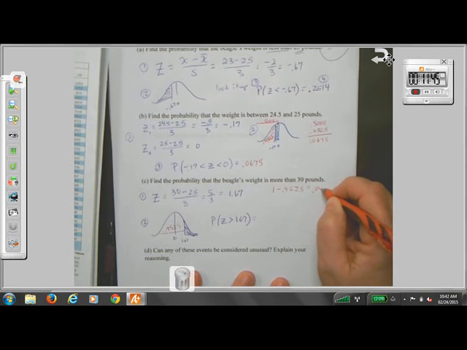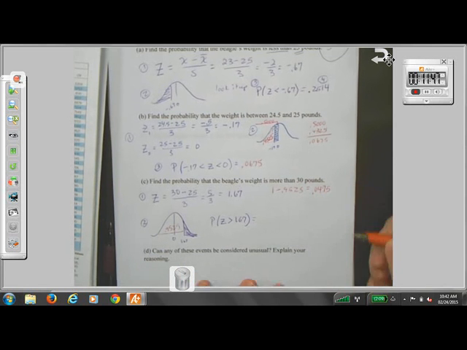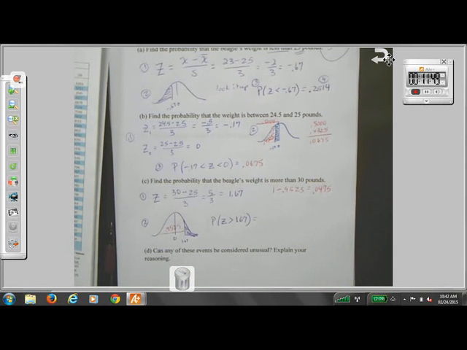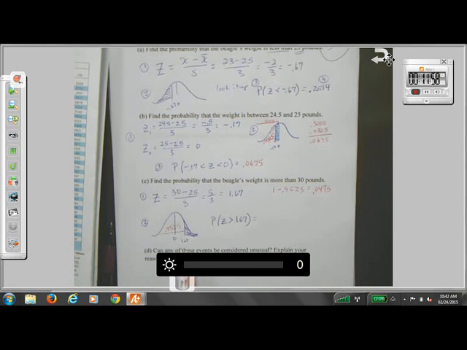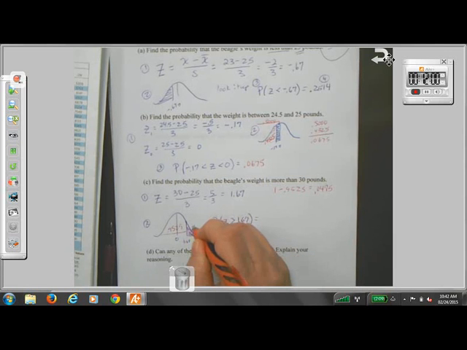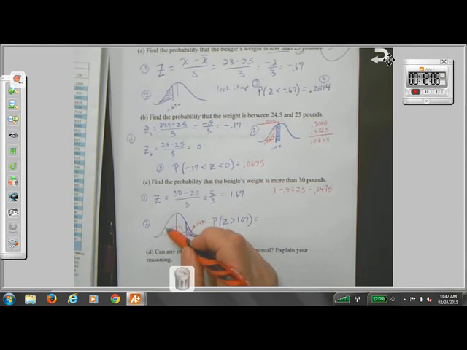But I want to show you something else. And we've discussed this, and a lot of you have already figured this out, that because of the symmetry involved with the normal distribution, it's perfectly symmetric. If this area that's shaded in is 0.0475, then the area on the other side that's at negative 1.67 is the same amount,